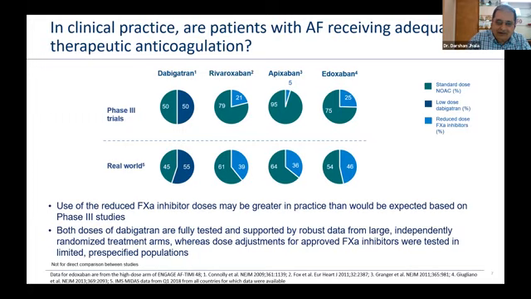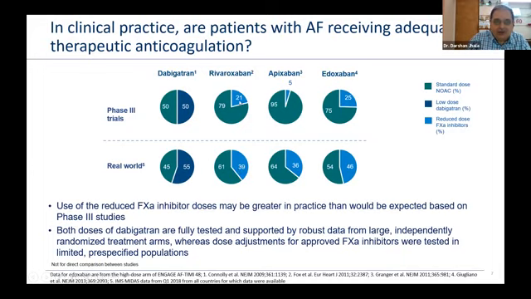So basically, the clinician wants to avoid bleed at any cost. So what he does, he reduces the dose. When we were in trials, dabigatran was using 2 doses in equal form, so that was not a problem. In phase 3 trials, we had 80% of patients in proper dose, and only few patients were on the lower dose. But when you come to real world, it is bad, because those who require anticoagulation don't get it.